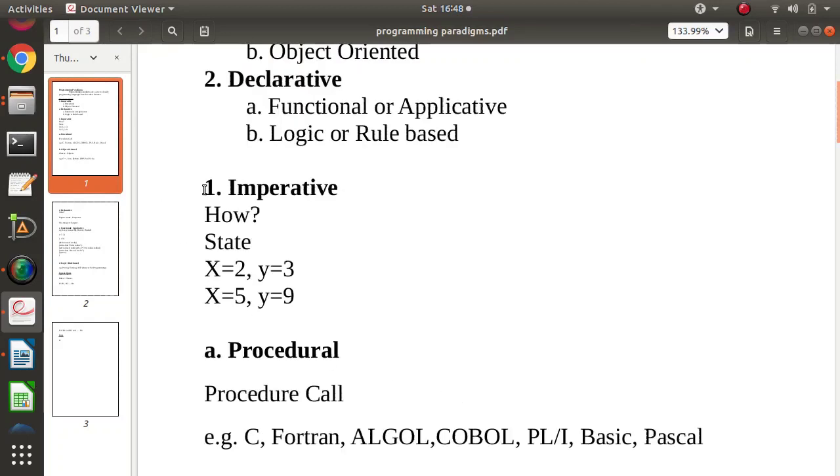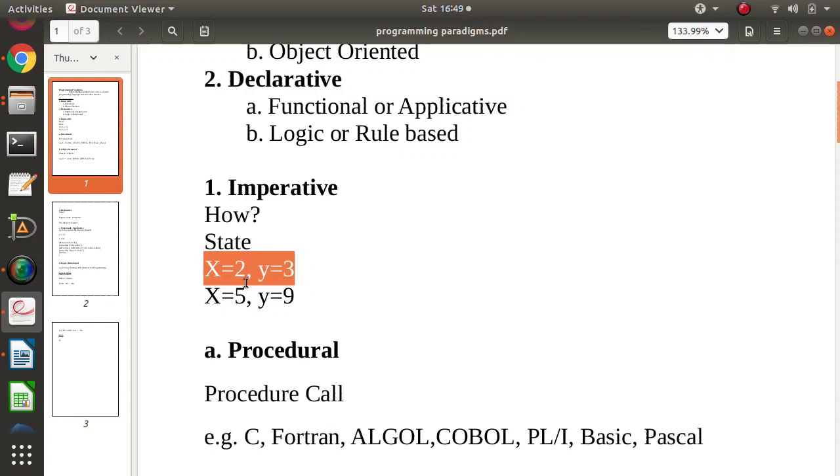So basically, the imperative programming paradigm focuses on how, in the sense of how some operations happen. It focuses on state change. But what do we mean by state? Now look at this, we will have a simple example. Suppose we have two variables x and y.